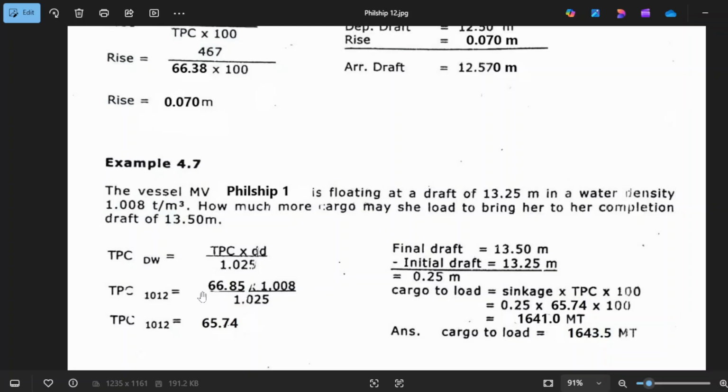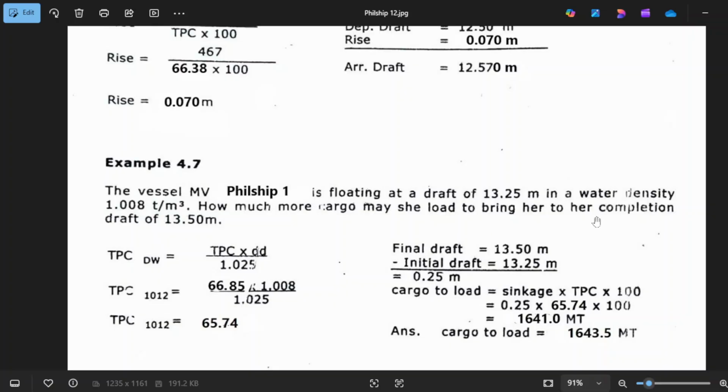Okay, now we'll analyze the problem. Take note that he is interpolating this TPC of 1.00 to 1.08, but I don't see here any density of 1.012. So I wonder why he has to interpolate this TPC to 1.008 when you have never been in this density of 1.012.